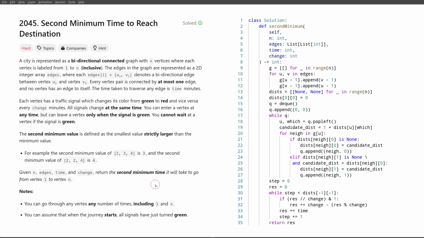Hello everyone, today we'll talk about the problem second minimum time to reach destination. We're given an undirected, connected graph. We want to get from the first vertex to the last vertex. But we're interested not in the minimal distance from the first vertex to the last vertex, but the second minimal